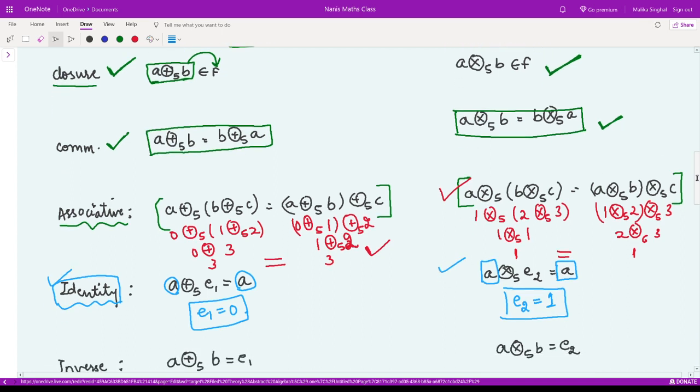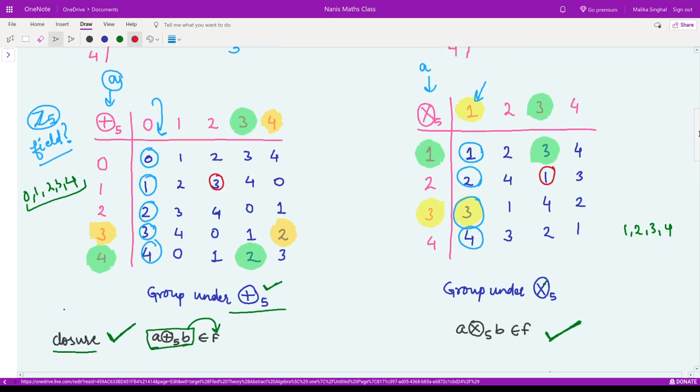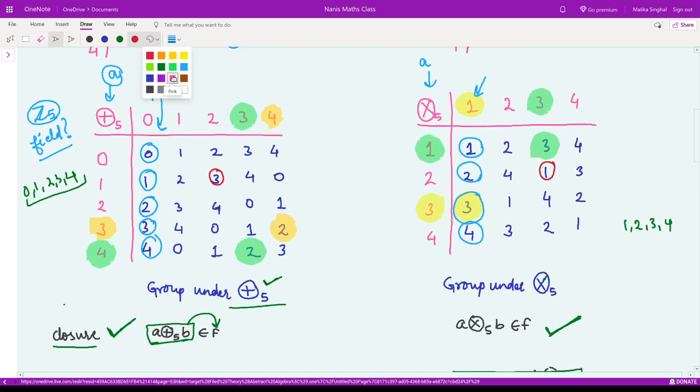So now let us see, for every element, do we have an inverse in the group or in the set? Let us move and see that. That means for every A, is there any number B? We need to check this B for every number A such that when I apply this operator of addition mod 5, I should obtain the identity E1, that is equal to 0, right? So let us see that. So for the number 0, what number again gives me 0? This is 0, right?